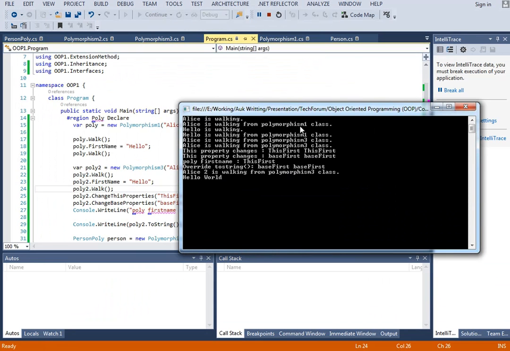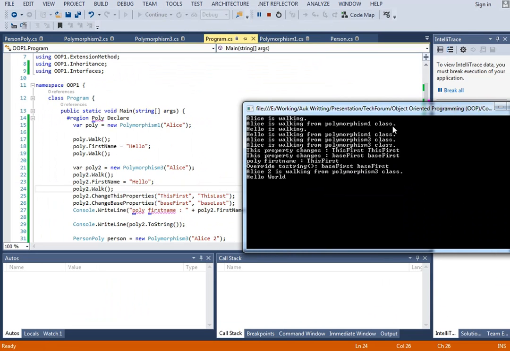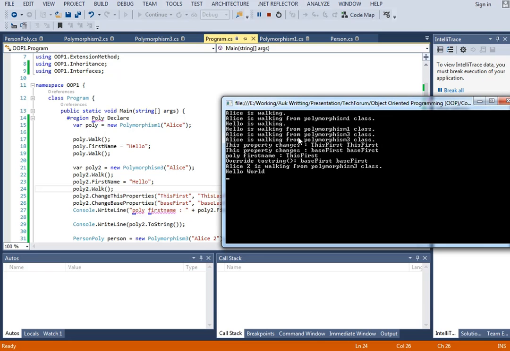See that Alice is walking from polymorphism 1 class by this method, and we change the Alice name to hello, and then hello is walking from polymorphism 1 class. Yeah, hello is walking from polymorphism 1 class. So far that's correct. So after that we are creating the polymorphism 3 class, where we are calling